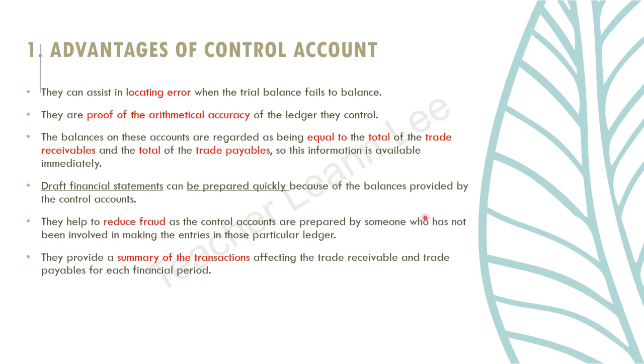For example, the control account is prepared by person A and the T accounts, the general accounts, are prepared by person B. So no bias happens. They will cross-check each other. They also provide a summary of transactions affecting the TR and the TPs for each financial year. So the control account also acts as a summary of the total TR, the transactions that happened in the TR, any returns, sales returns,